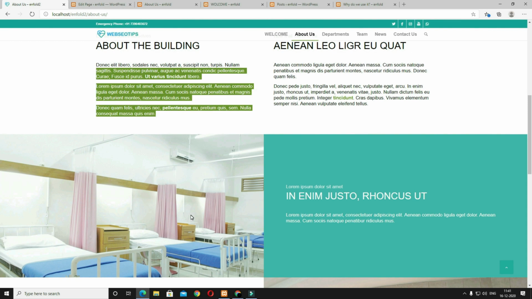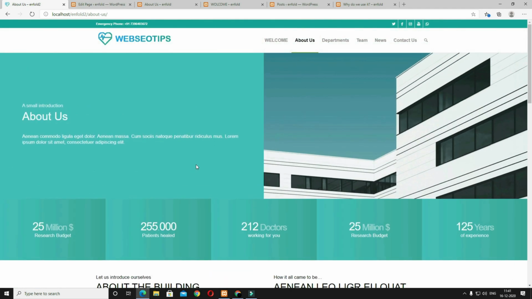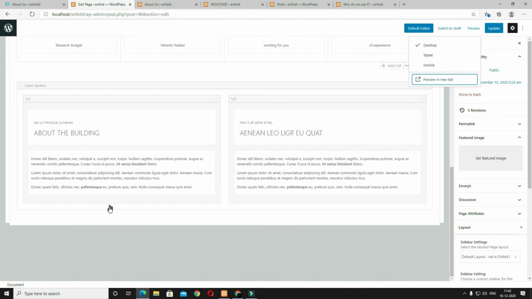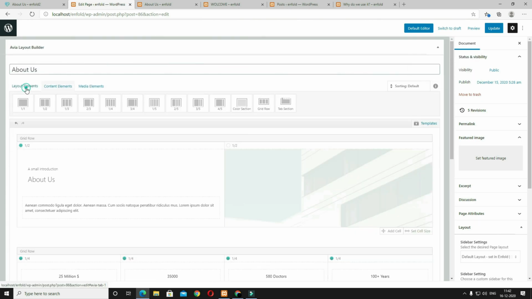After that I have to design this portion, meaning at the left hand side there will be a background image and at the right hand side there will be the text, almost opposite to this portion. Here you can see at the left hand side there is text and at the right hand side there is the background image, so opposite to this. In a similar manner, now I have to take another grid row. So scroll up, come back to the layout element, click in the grid row.